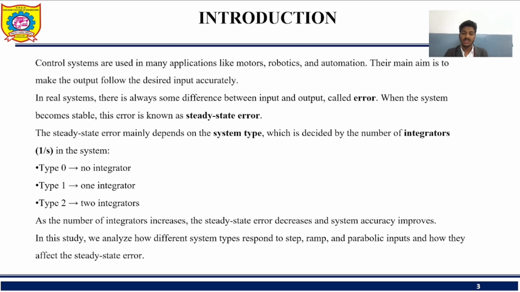Control systems are widely used in various engineering applications such as electrical systems, mechanical systems, industrial automation, robotics, and communication systems. The main purpose of a control system is to make the output of the system follow the desired input as accurately as possible. One of the most important performance parameters used to evaluate a control system is the steady state error. It is defined as the difference between the reference input and the actual output of the system after the transient response